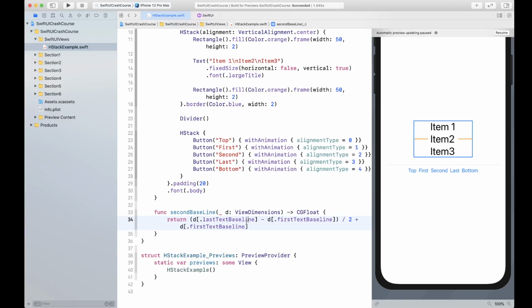So that is going to be returning the second baseline. So basically the center's computed value, right? We're going to get the center computed value, and half of that we're going to add to the first baseline, and that's going to bring this right here. Okay, so